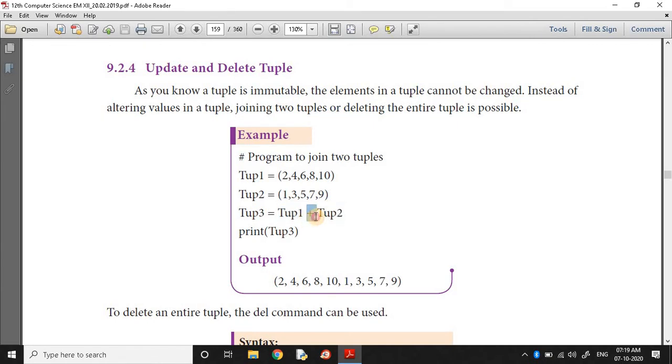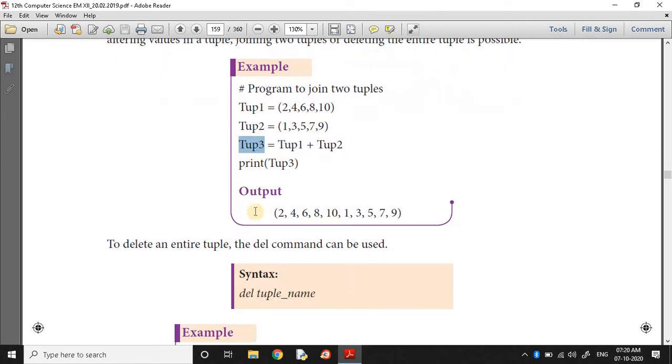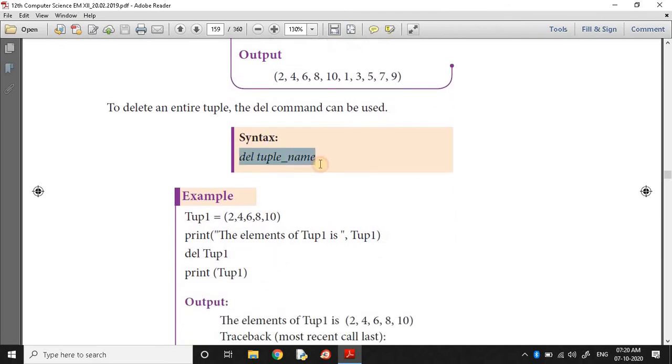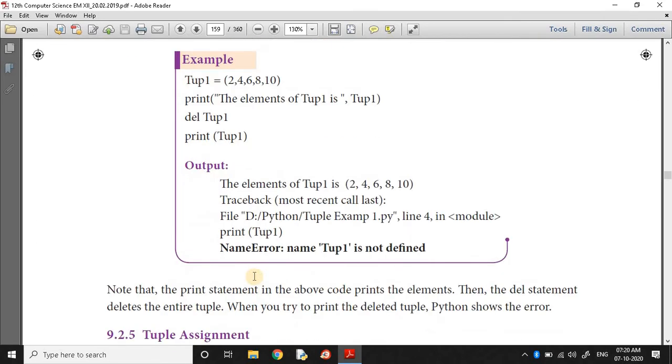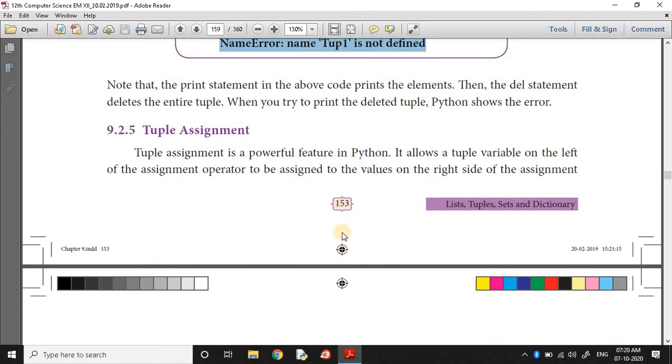The concatenation operator is used in strings to combine two strings. Likewise, with tuples, we can combine two tuples into a single tuple, then assign it to a tuple object. After deleting the tuple, if you print the tuple, it will show a not defined error. These are the things we already completed.